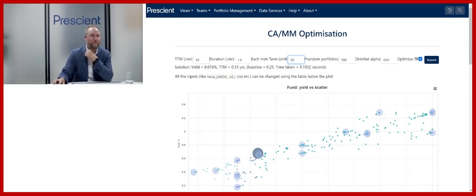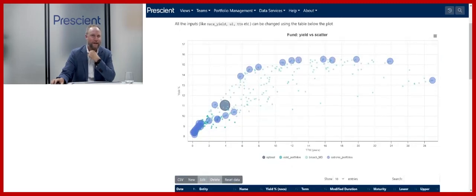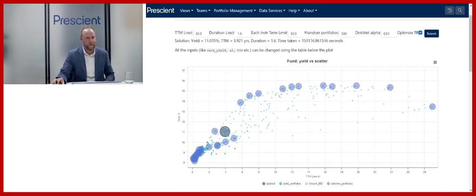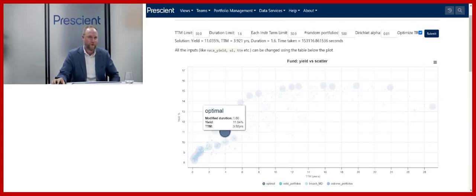Using our total return expectation, all we're doing now is asking, what is this universe that we can invest into? What's the best way we can position a portfolio, given our views, given our expected returns, and given this subset of opportunities that we see? And what you can see here from this first chart is basically that same yield curve that Phil showed us, just expressed on a total return basis. You can see the concentration of credit at the front end. But what is this optimal portfolio that we're talking about that gives us about 11% yield?